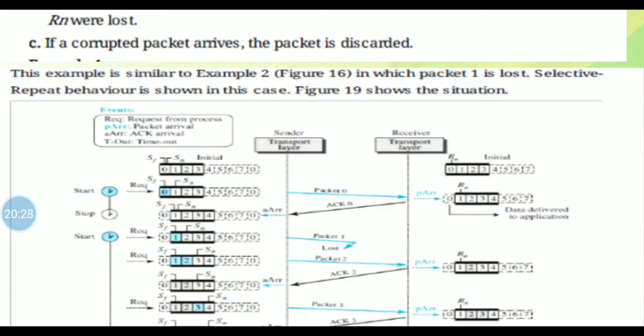Second, the set starts from the beginning of the window. Third, after the first arrival, there was only one packet and it did not start from the beginning of the window. A reliable transport layer promises to deliver packets in order. Next, we'll see about window sizes.